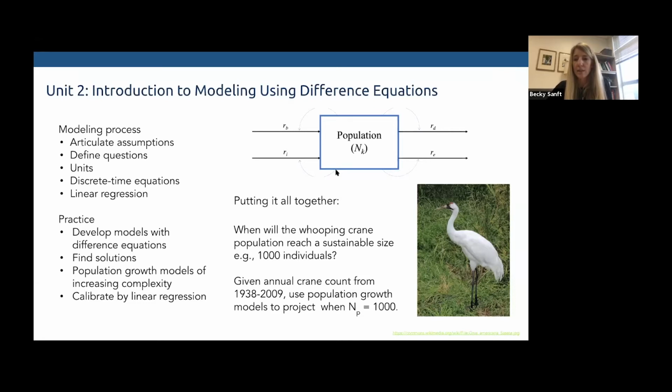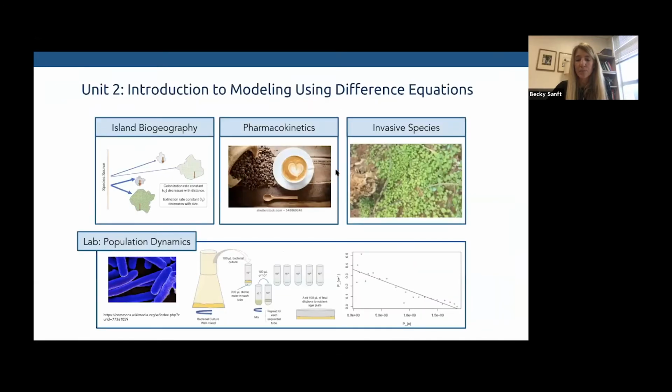So once they get a lot of background and practice with these tools, then we jump into case studies and a wet lab. And you would likely not do all of these. You might pick 1 or 2 case studies and then the lab if you're doing the lab. And so we hit different areas of biology here. We have a case study on island biogeography,